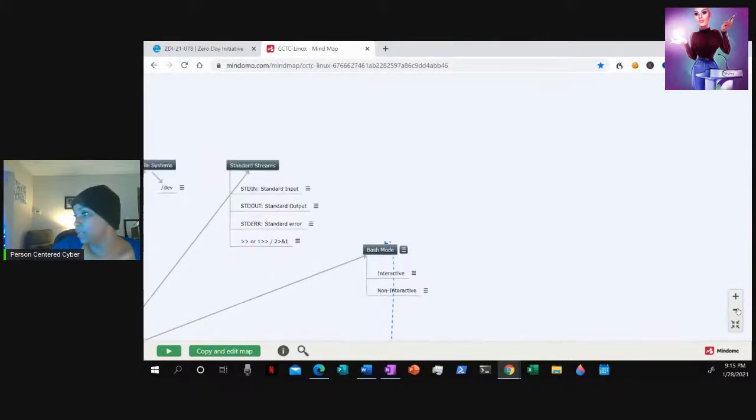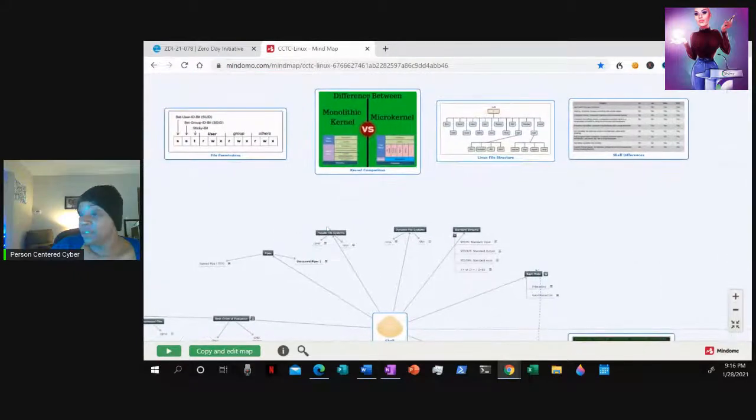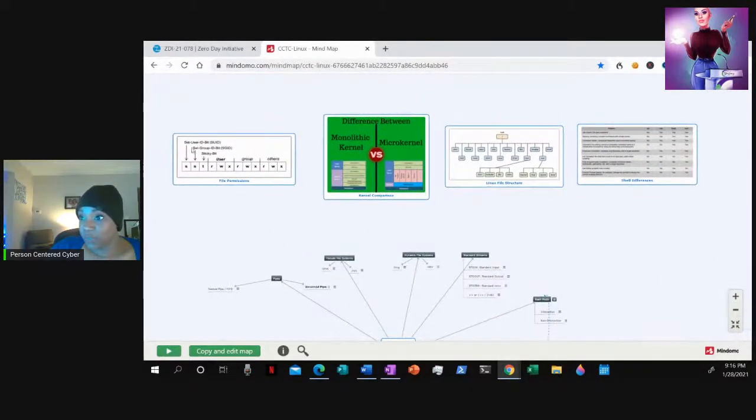Let me make this a little smaller. See where I am. This is interesting over here. File permissions. You see that? Use the SUID, the SGID, sticky bit. I love that sticky bit. User, group, others right there. Microkernel. Now something else that I've been looking up is the kernel space